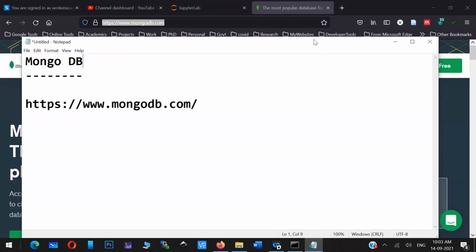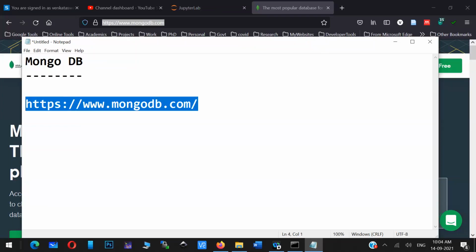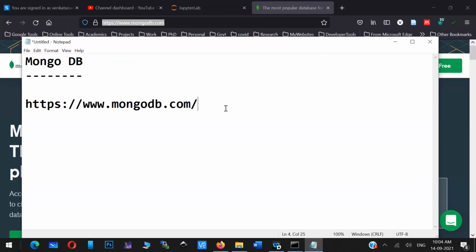So we were discussing MongoDB and how to access the server and the related tools. Okay, for the capabilities of MongoDB, you can visit this particular website, mongodb.com. There you can learn about MongoDB. And what else have we done? We downloaded MongoDB Compass.